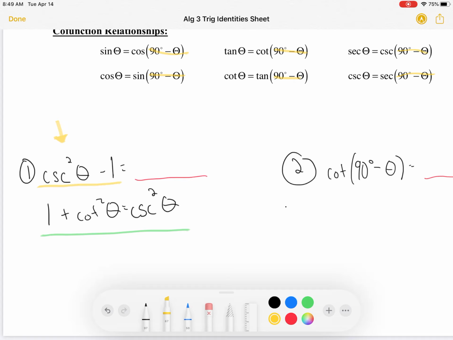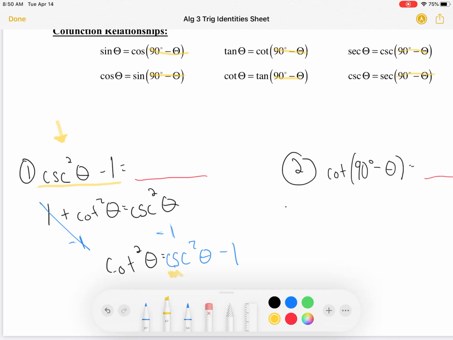Well, what's on the left-hand side of the yellow underline one? It says cosecant squared theta. I have a cosecant squared theta right here, minus 1. So now you just look and say, okay, well, is there a 1 on the opposite side of this equation? Is there a 1 on the other side of cosecant squared theta of the green one? And yeah, there is. So how do you move it over? Minus 1, minus 1. That's pencil. These cancel. You get cotangent squared of theta equals cosecant squared theta minus 1.